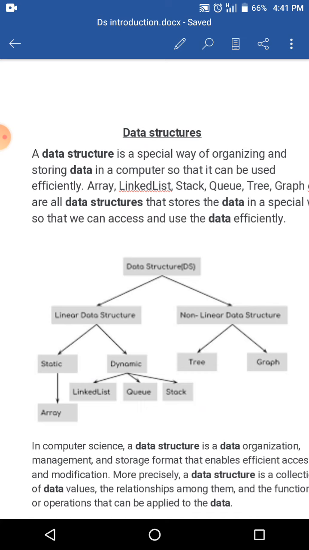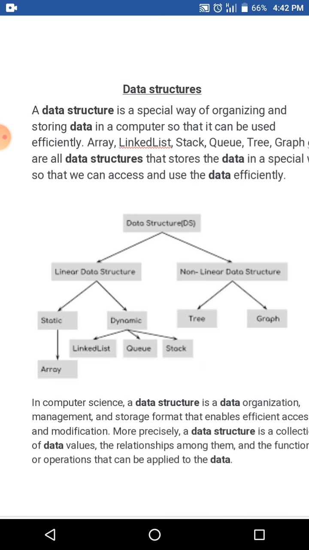So the data structure is a collection of different values, making the relationship among the data. Suppose in the internet hub, we can say that a server exists with n number of nodes. Suppose I have 10 systems, and those 10 systems are connected to our server. So there is a better communication, nothing but a relationship among the machines that exists there. So all the systems, or nodes, both are the same.